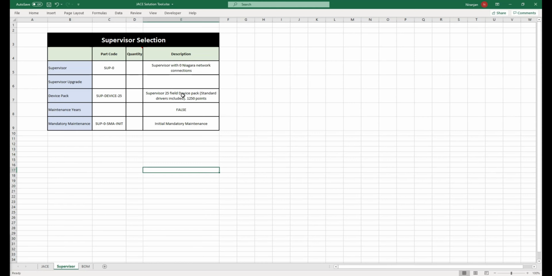Even though this one says one, this is a false statement. Now, why this says false, I'm going to explain to you. If you don't want an initial mandatory maintenance, you just have to input another maintenance. There has to be a maintenance contract or service agreement, a software agreement, considered with respect to the supervisor. So let's say you don't want the initial mandatory one, which is for 18 months, but you're considering 3 years of